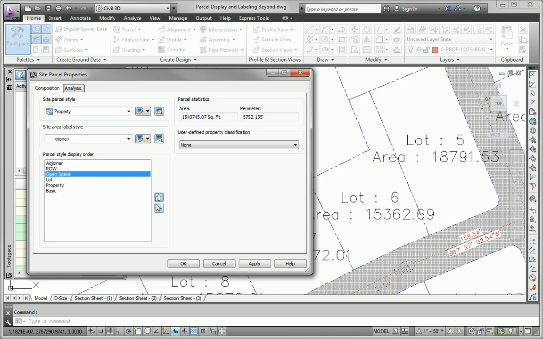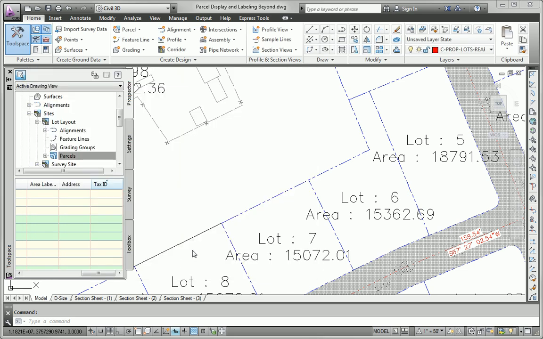So I kind of want everything to cover up lots. And in fact, I want right-of-way to be on top of both of them. So adjoiner's on top, and then right-of-way, and then open space, and then lot, and then whatever else is left over. When I click OK,